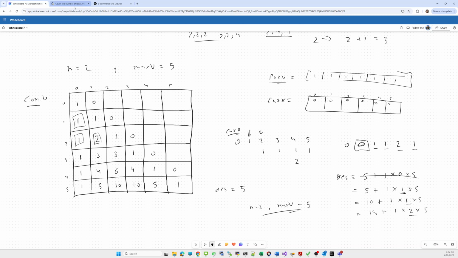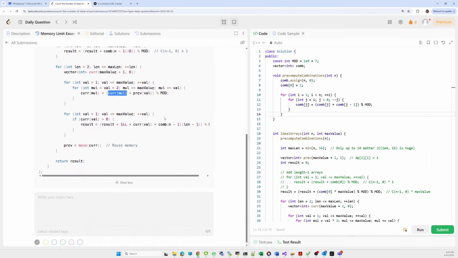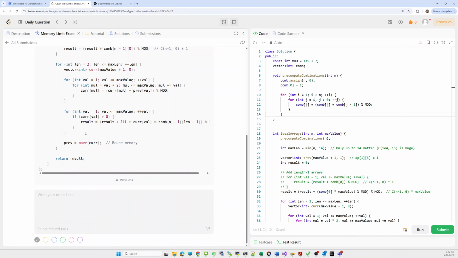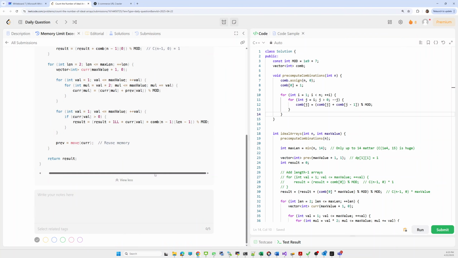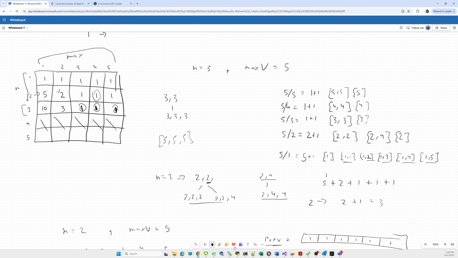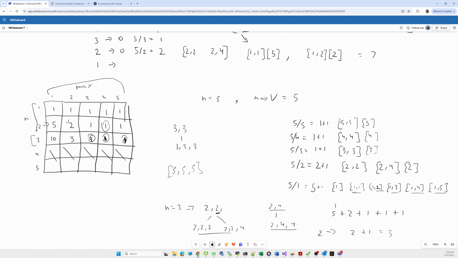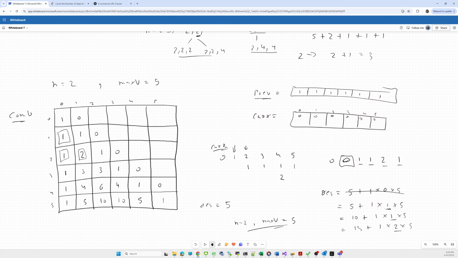Okay, like this. Using that information, after that we can find our total result. So how can we find the result? We'll iterate from value 1 till the maximum value, using for each value the number of pairs we can form. In the end we have to do the same as with the last dp, 1 0 3 1 1 1, we have to sum up all of that. The same we are doing here.